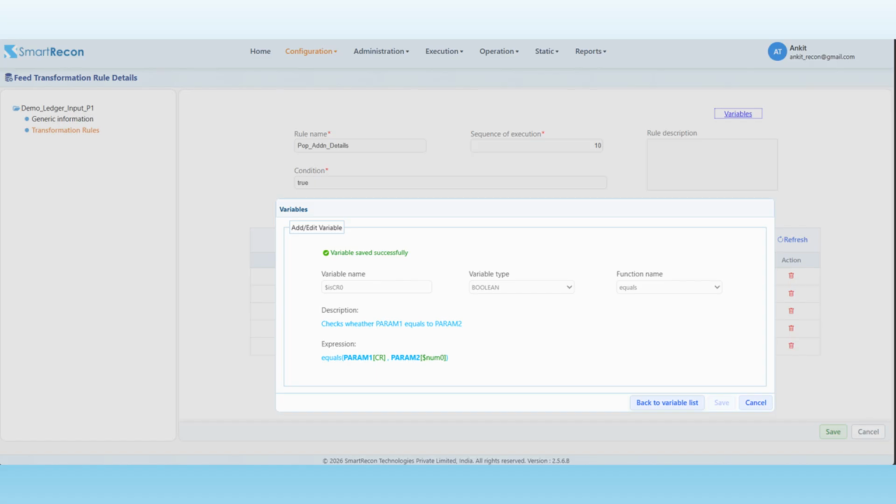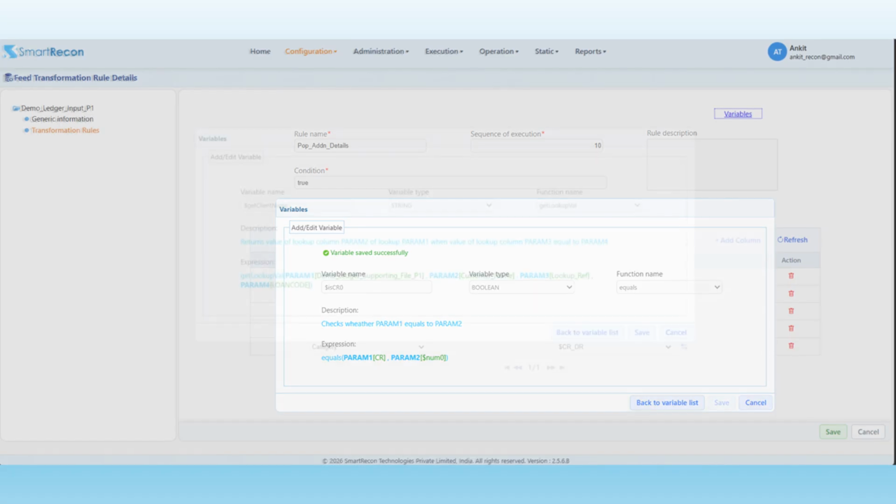To put a hard-coded value, click on the icon that looks like left-right arrows together and a text box will appear where you can enter your value. Here, I have put 0 as a hard-coded value to check if the CR column equals 0. Alternatively, you could create a number variable with value 0 and use that instead. There are other functions for each data type. I recommend exploring all of them and reading their descriptions for better understanding. Once the variable is created, save it.